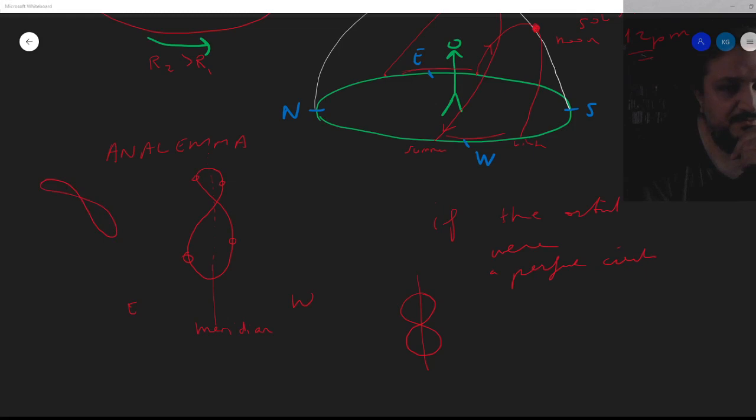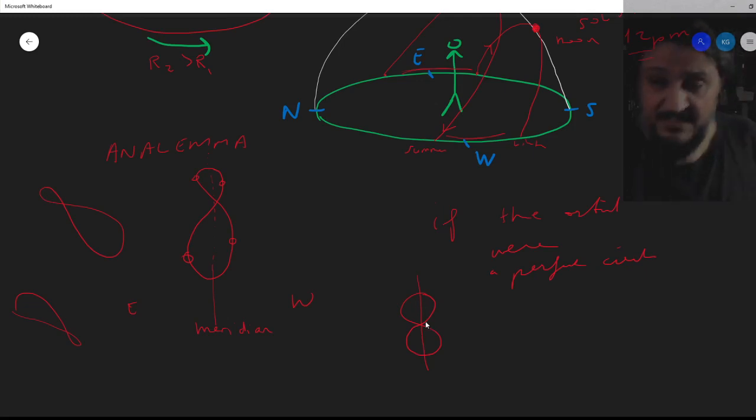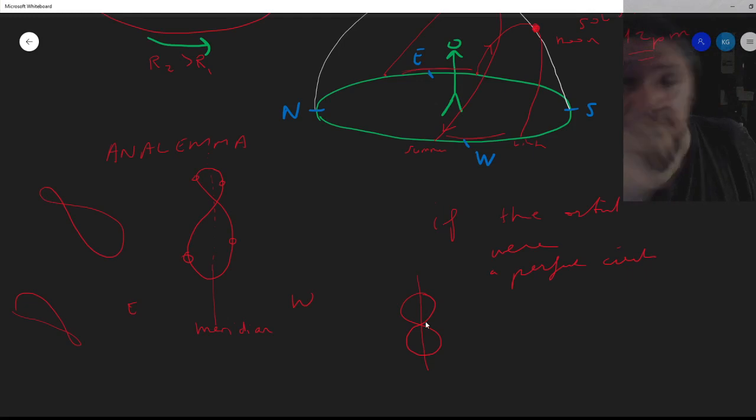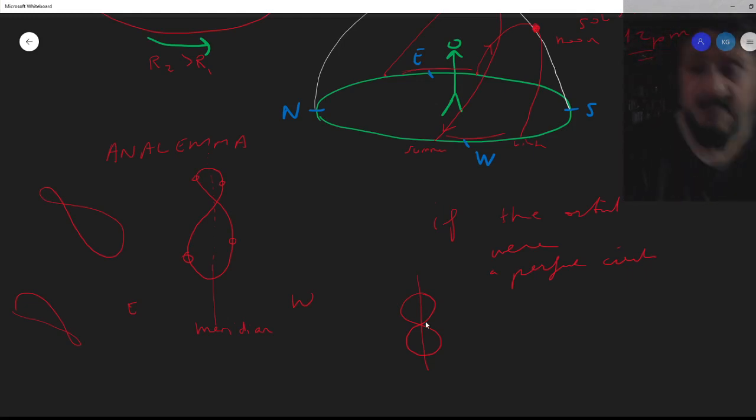You'll still see that 8 shape, but maybe like this, okay? Tilted, or let me do it better actually, because I want this 8 to look like this, all right? Or if you're in the southern hemisphere, it'll be looking like that. But the difference is, remember, these two lobes would have the same size if the orbit of the Earth was a perfect circle, okay? It's not a perfect 8, but this side is bigger than this. It's because of the elliptical shape.